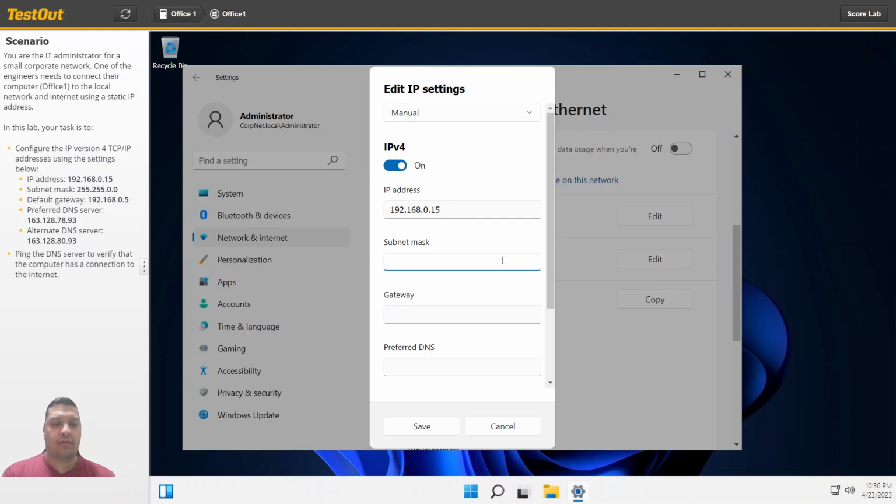Let's go ahead and enter that one right now. 255.255.255, I'm sorry, .0.0. I'm used to the 255.255. Okay, so on this one, it's going to be just 255.255.0.0. On our gateway, again, 192.168.0.5. Preferred DNS